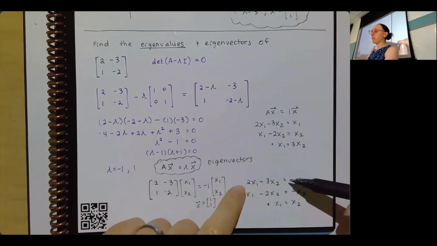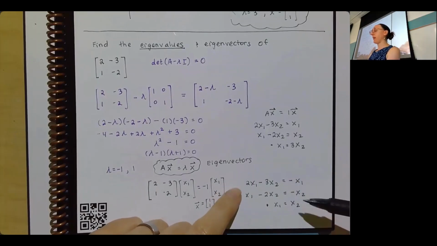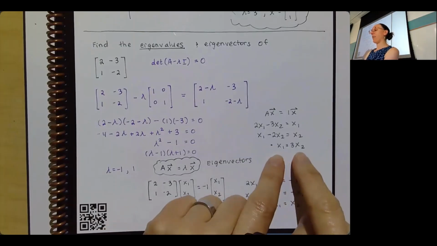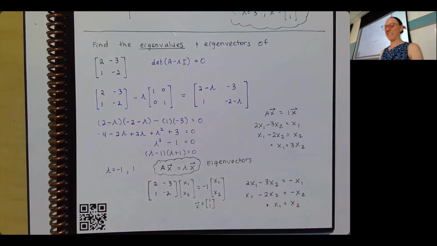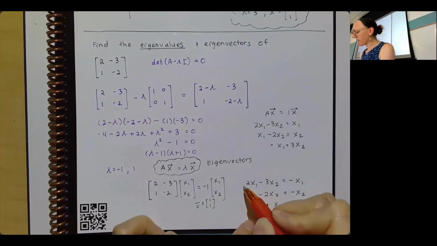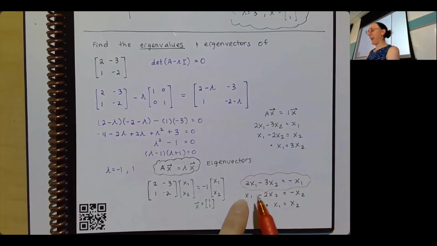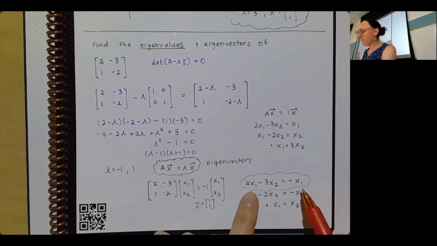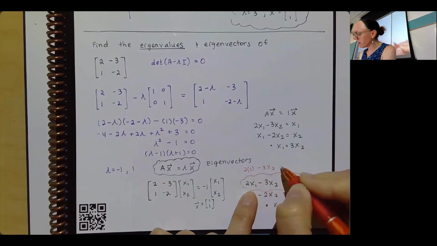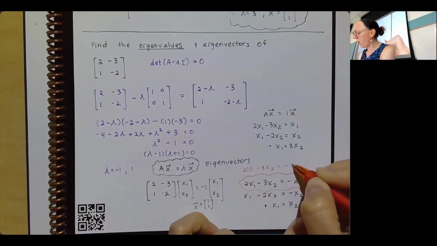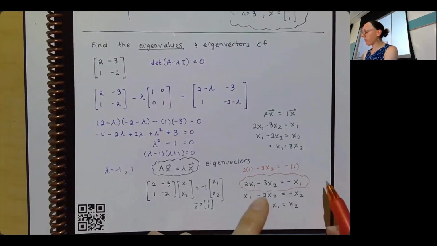And regardless of which of these two equations you do that to, if you plug in 1 for x1, you will get 1 for x2. And up here, if you plug in 1 for x1 in either equation, you should get 1 back for x2. But just for completeness, let's take a look at this top equation. If I plug in 1 everywhere for x1, then I've got 2 times 1 minus 3x2 is equal to -1. So if I rearrange this,